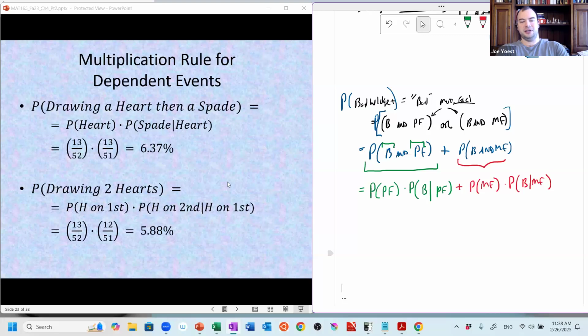So we can see that drawing a flush is a pretty darn good poker hand because it's pretty unlikely. The way that poker hands are ranked, which ones beat other ones, is that the less likely hand is ranked higher. The less likely hand beats the more likely hand. So like four of a kind beats three of a kind because it's harder to get four of a kind. It's less likely to get four of a kind than it is to get only three of a kind.